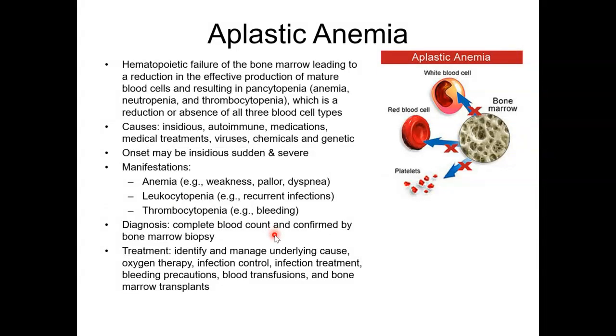Diagnosis, a complete blood count, and this has to be confirmed by a bone marrow biopsy. Go in there and aspirate that bone marrow and take a look at it under the microscope. Treatment, we just want to identify and manage the underlying cause. If they need oxygen, we're always going to give them oxygen. If they have infections, we're going to give them infection treatment, bleeding precautions if they have thrombocytopenia, blood transfusions